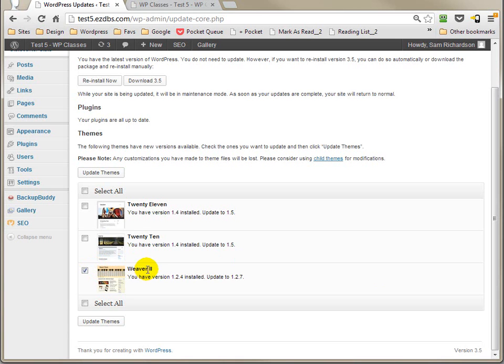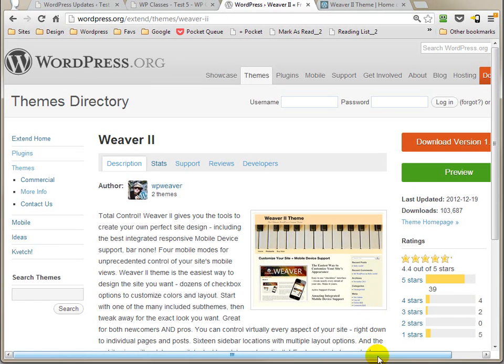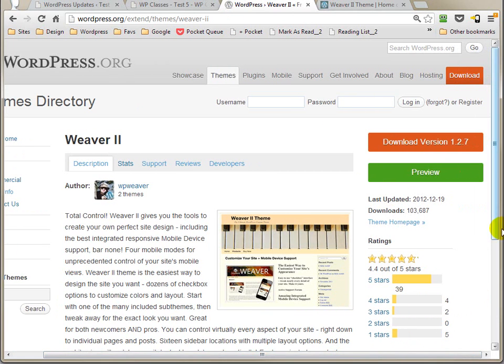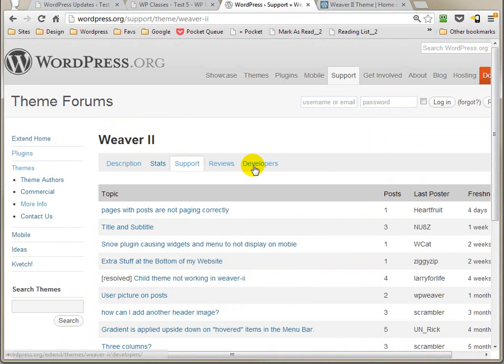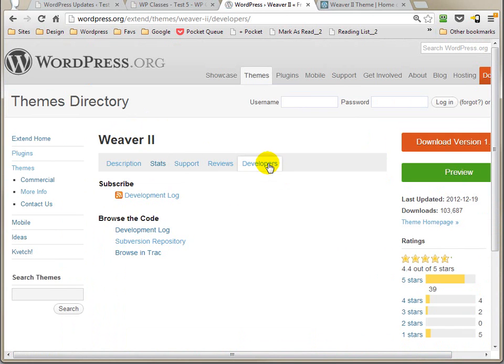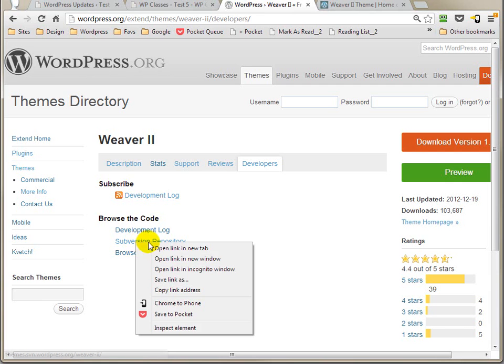Let's go ahead and select it. And if you are concerned, you can go to the site. So if we go and check out the Weaver 2 theme, over here in the themes directory for Weaver 2, which is our current theme, it gives you a link to the home page. It gives you the support tab, and if you go over to the developers tab, there is a subversion repository here. If we open that up,